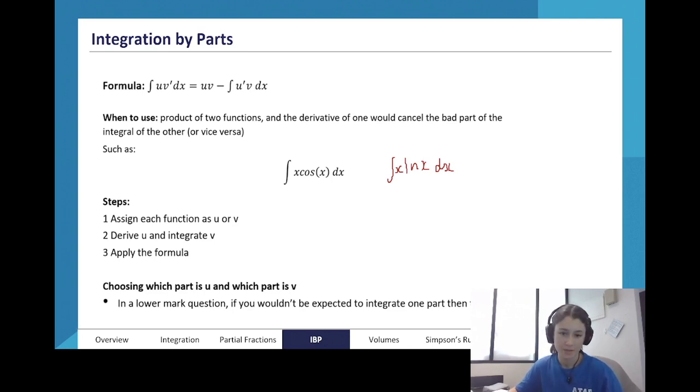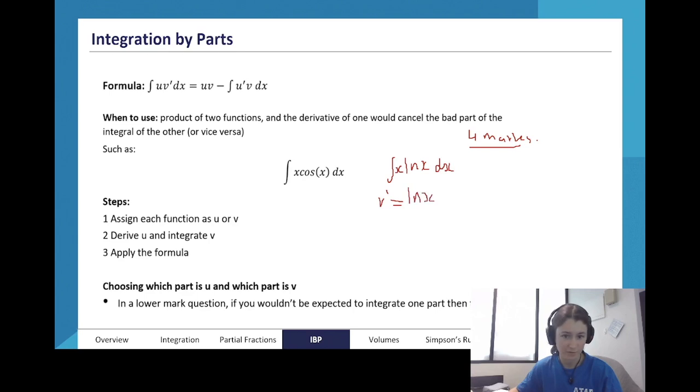This is a more complex example, but say you're picking which function is going to be u and which one is going to be v. Straight off the bat, if this was only worth like 4 marks, you know it's probably going to be a little bit of an easy way out, right? It's not going to be a massive question. So because of that, it's unlikely that the thing you want to be v is going to be ln x